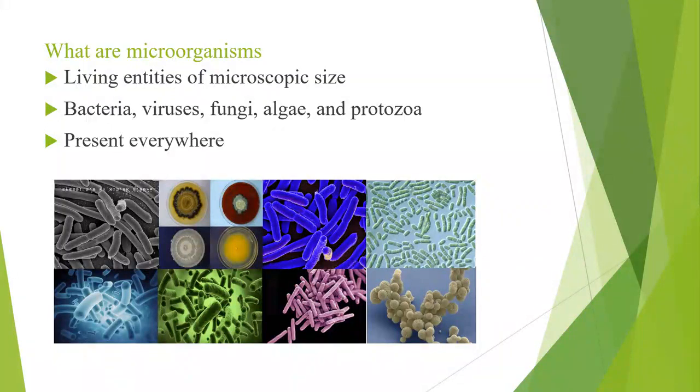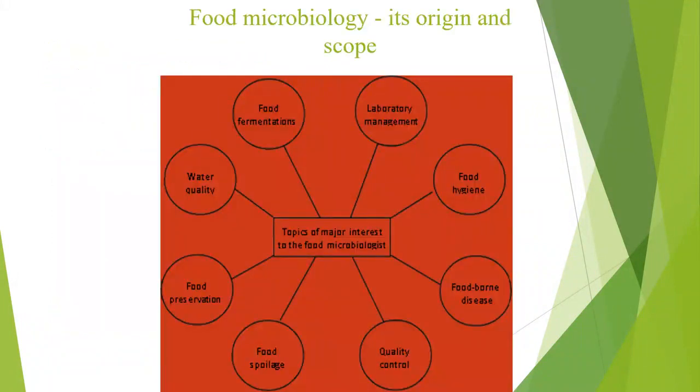They are present everywhere, and they have both advantages and disadvantages, since some microorganisms are very useful and have many positive applications. At the same time, many of them are pathogenic and lead to various diseases in humans, plants and animals. Next, coming to the origin and scope of food microbiology, the different topics of major interest